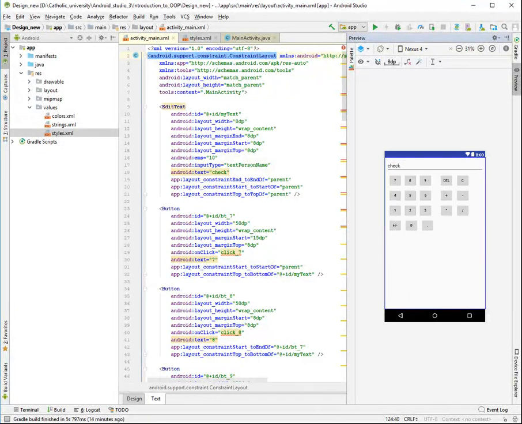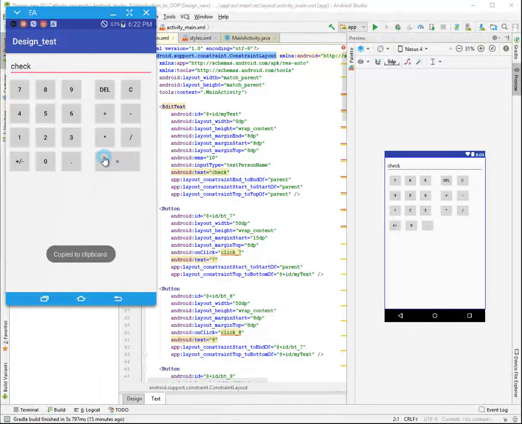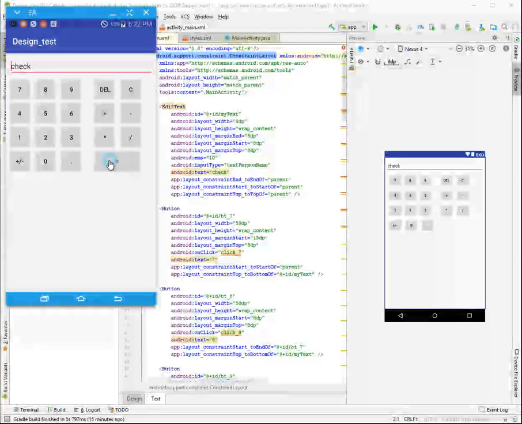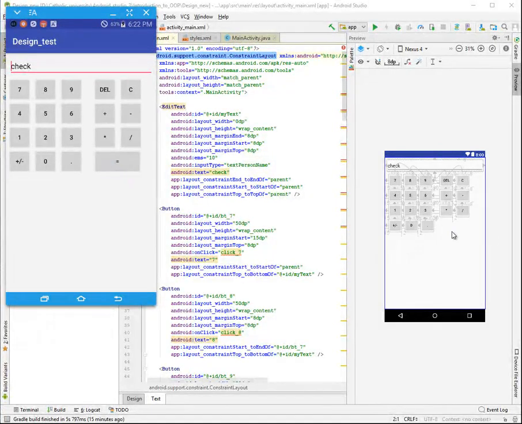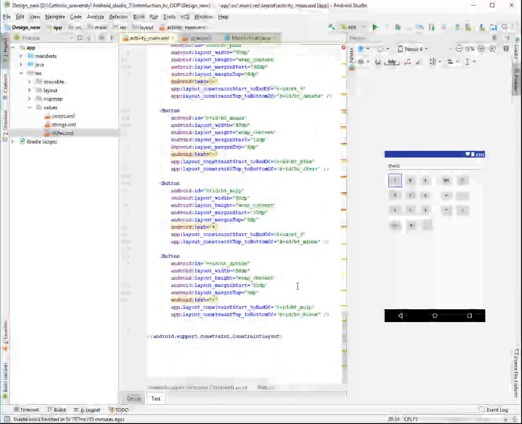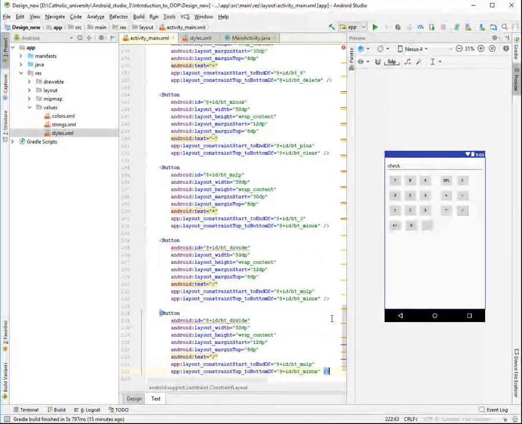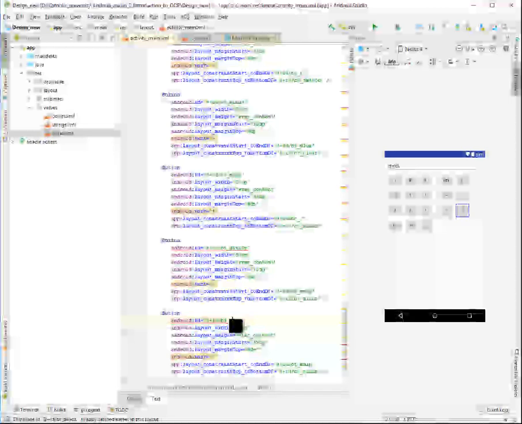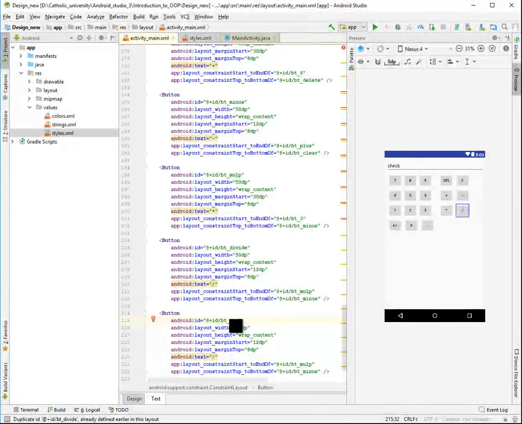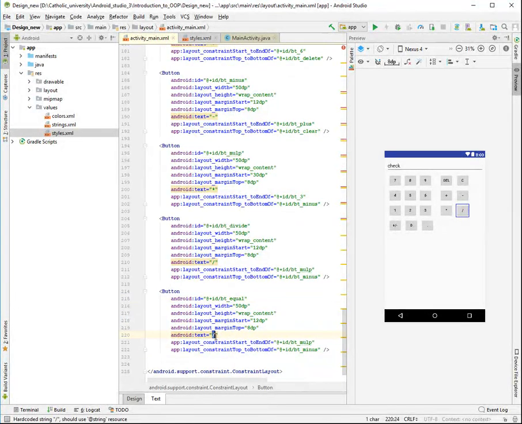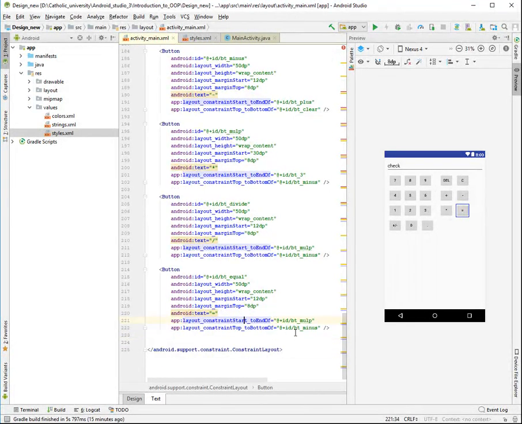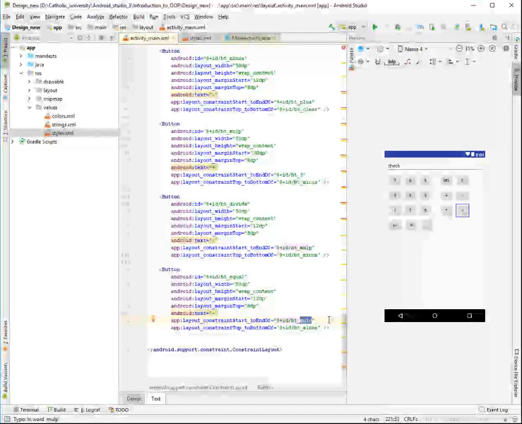So in here there is one more button, equal. So let's make it big, which will unify two buttons together. So in order to do this, just copy one more button. We'll create one more button. So we'll call this button equal, and here equal. So that is located at the end, next to the button dot,